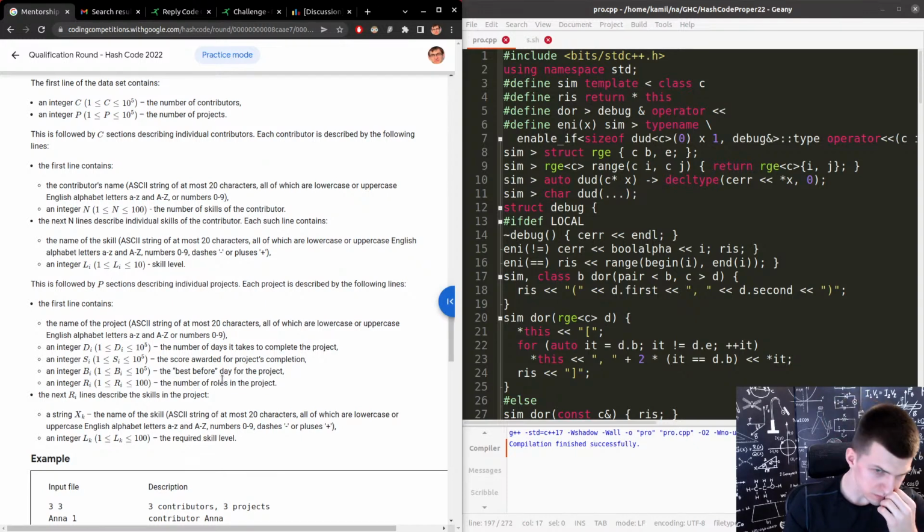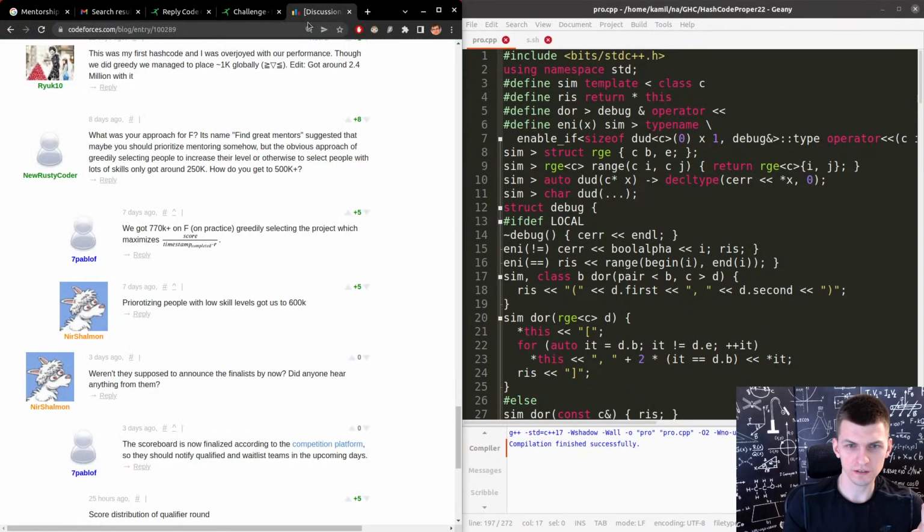Number of rows. Why would we get so many points for that? Well, it's almost like time wasted, but I tried maximizing score divided by time spent. I don't know. Prioritizing people with low skill levels. How?